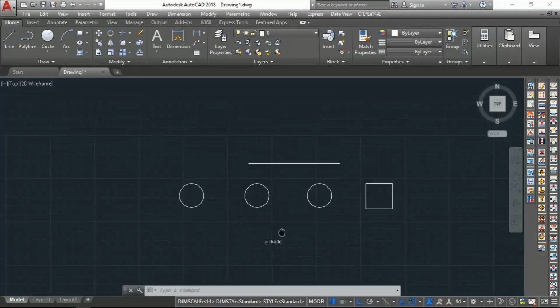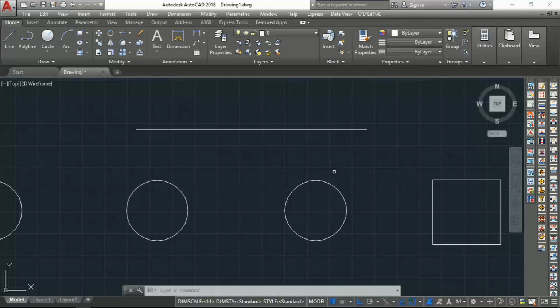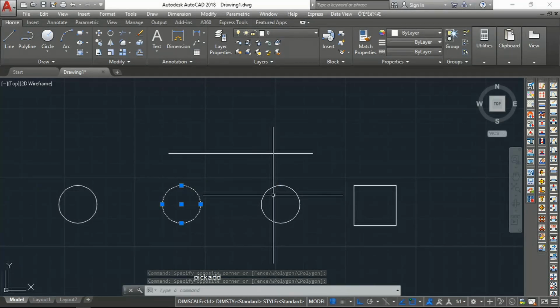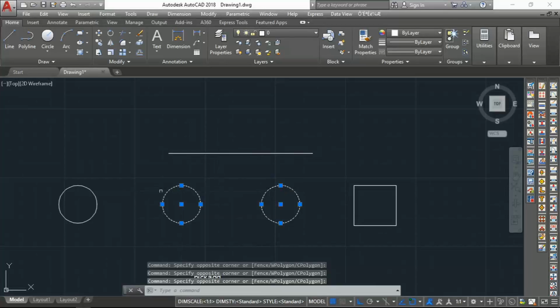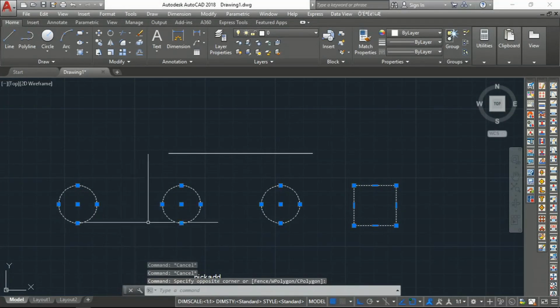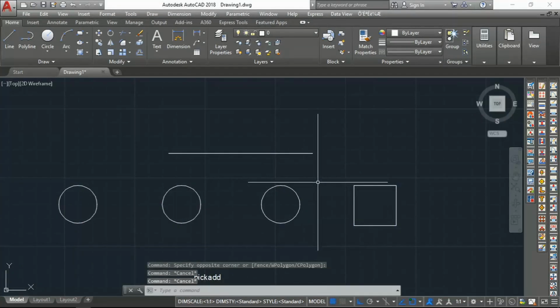Then next one is PICKADD. Sometimes while you're selecting one object and then another one, the first one is deselected. You have to use the Shift key to select two or three objects. Okay, to add all at one time you also have to do that, but sometimes it is not possible, you have so many lines in the middle. So the command which is there, PICKADD,